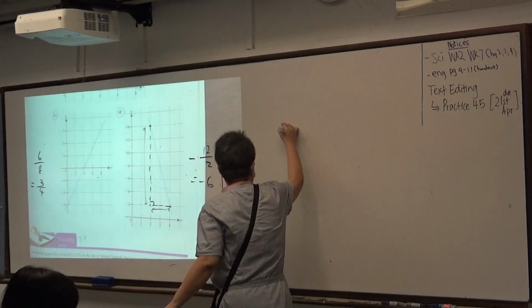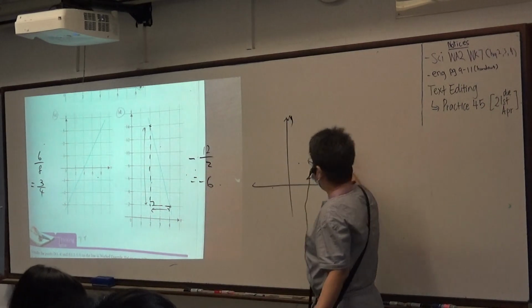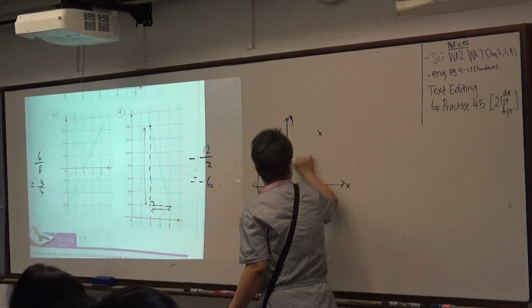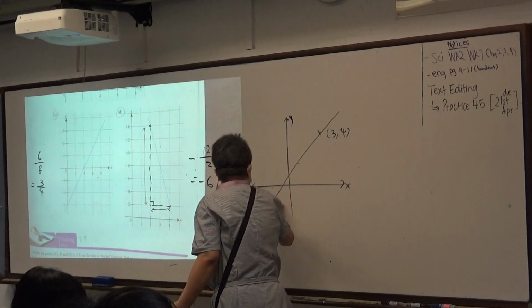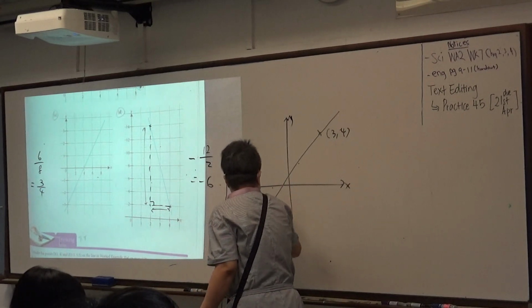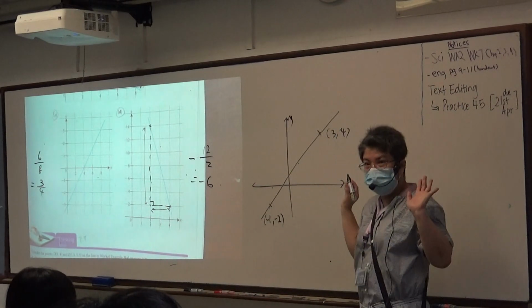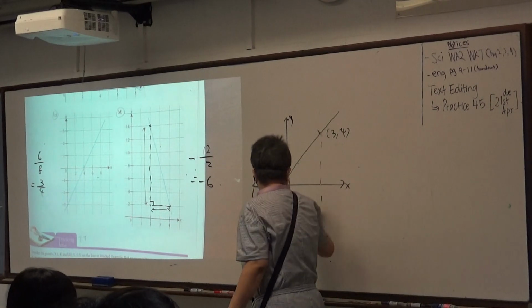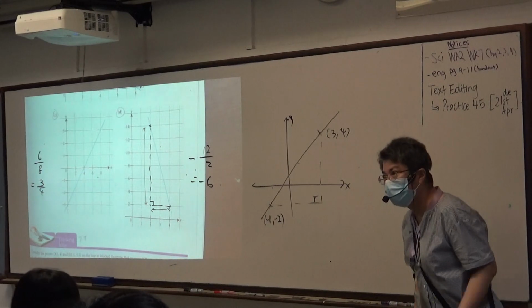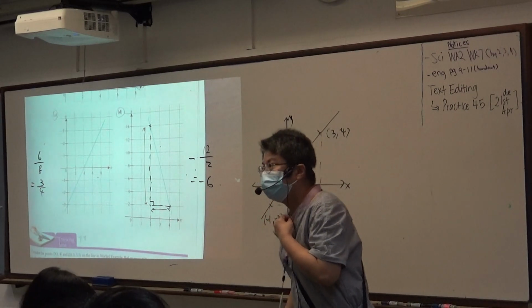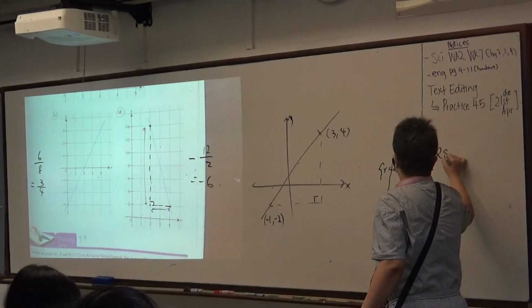Now, then it wants me to this particular point. What if I didn't draw it on grid? All of you listen up. I say I have a line. This one is 3, 4. And this one is negative 1, negative 2. I didn't give you the grid. So I can still have a right angle triangle, right? Okay? I can still find the gradient, right? May I know the gradient is positive or negative? Positive. Okay, good. So gradient is rise over